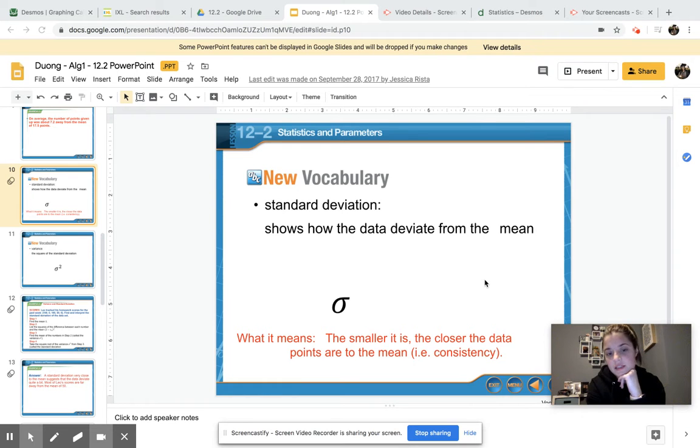So the next vocab word that we're going to be looking at is standard deviation, and it shows how the data deviates from the mean. In simple terms, to make it a little bit easier, pretty much all that means is the smaller your standard deviation is, the closer your data points are to your mean or to your average. The larger your standard deviation is, the more spread out your data points are, so they're not as close